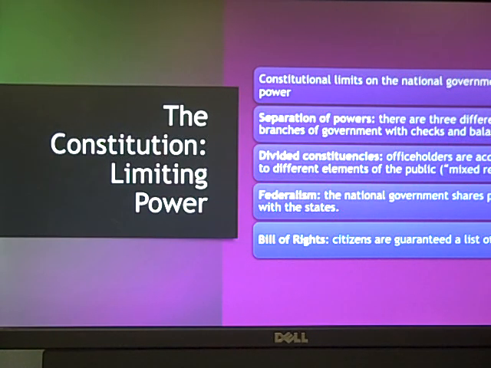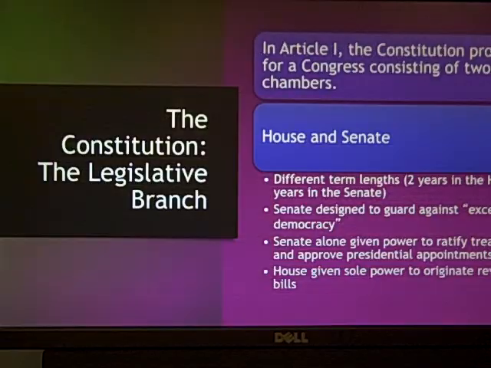The other thing that we do is we create a system called federalism, okay? Federalism is the idea of dividing power between a national government and some sort of local government, right? So we have a central government. That central government exists in Washington, D.C., and then we have state and local government, okay? And sometimes things are going to fall to the jurisdiction of local government. Sometimes they're going to fall to the jurisdiction of the national government. We will talk about federalism. Federalism will take me 2 days to lecture on next week, okay? We'll go over federalism in a great amount of detail prior to your test next Friday, all right?